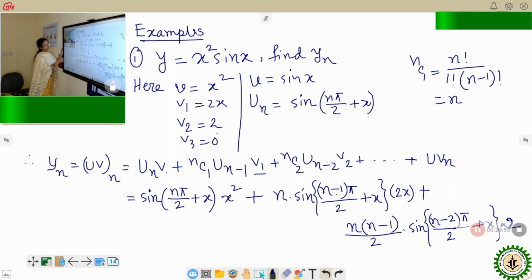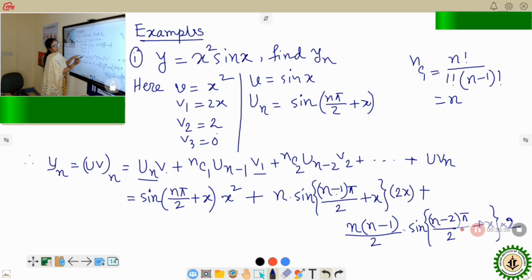Now in successive differentiation, we have derived the nth order derivative of some special functions. When u equals sin(ax plus b), or sin x, the nth order derivative will be sin(n pi by 2 plus x). Now coming back to this theorem. First of all, just write down the whole theorem. The theorem is written. Now put all the values here. un means sin(n pi by 2 plus x) into v, and v means x square, plus